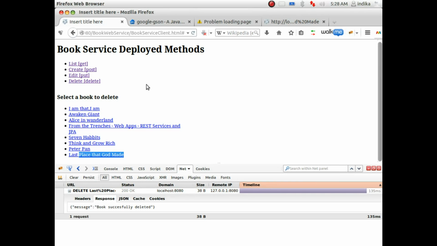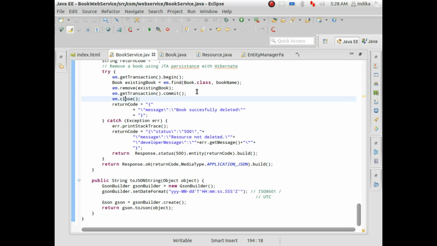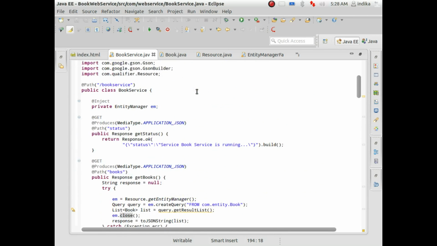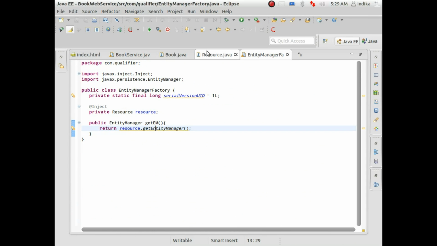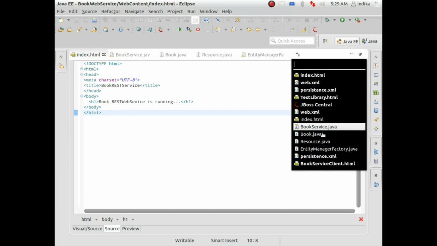Right, so we have just created a simple REST service which is mimicking a simple CRUD operation to create a book, to read the list of books or a specific book, and edit or update a book, and to delete a book. So I used JBoss's RESTEasy JAX-RS implementation, and if I quickly go through the client,